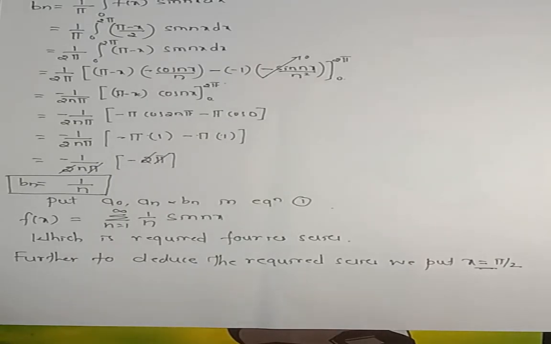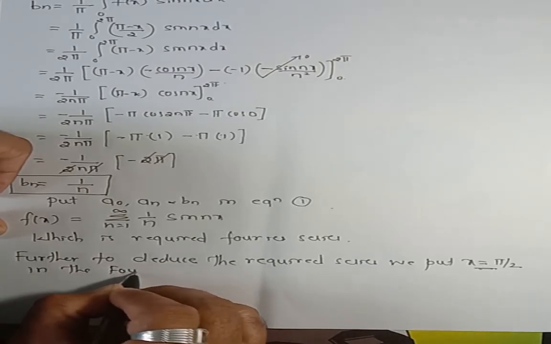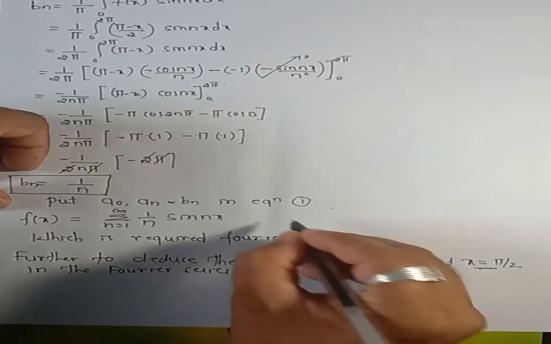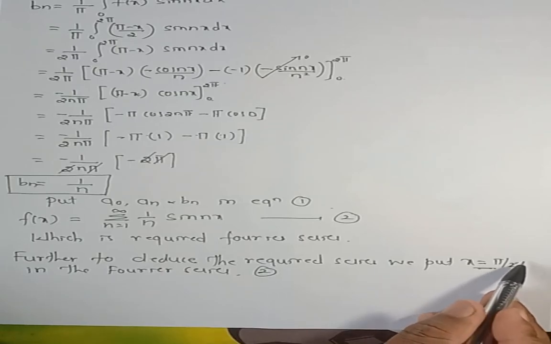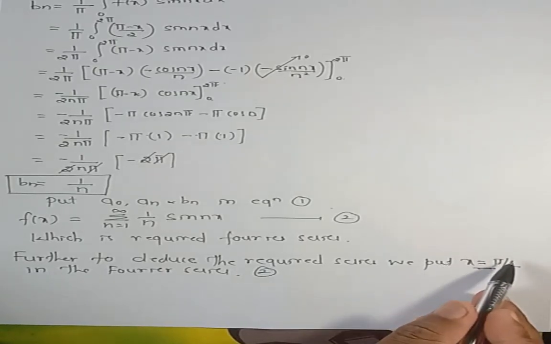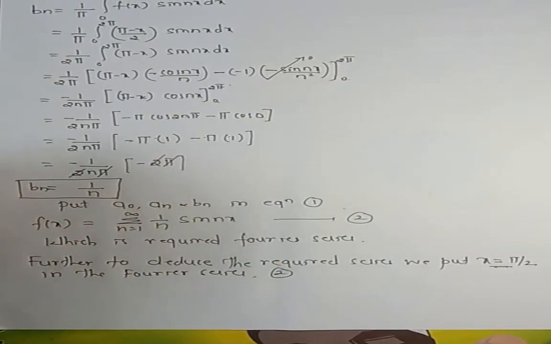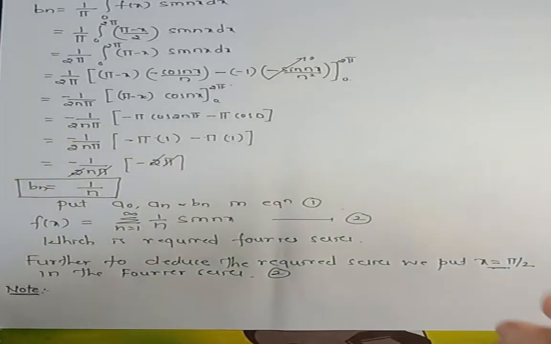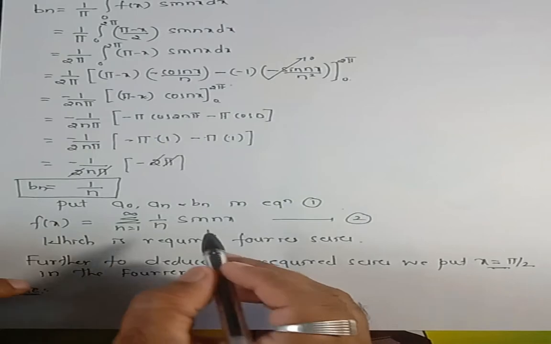Now I will tell you the important note. In the Fourier series, you can call this one as Fourier series 2. So the question arises, to deduce that particular series, why am I substituting x is equal to pi by 2? So understand the concept. I used to take one important note. The note is like this, that if the series is in sine, if the series is in cosine,